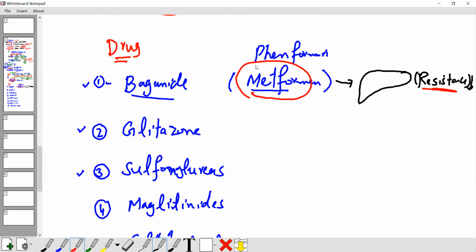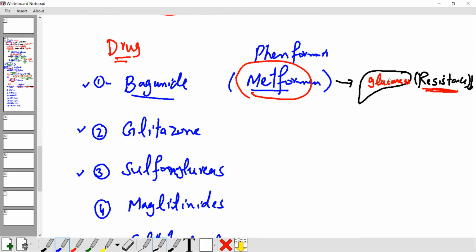In many patients, most of the time, this is our first line drug we use for diabetes. It's the first line. Understand? It improves insulin resistance. And this drug has another action inside the liver: it blocks gluconeogenesis. If you know a bit about biochemistry here, how we produce glucose, what you need for glucose,